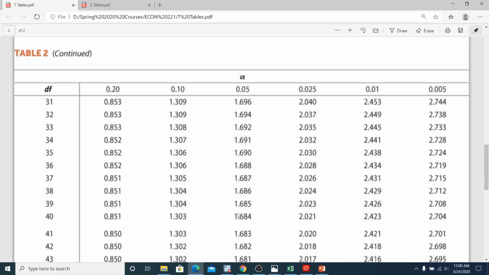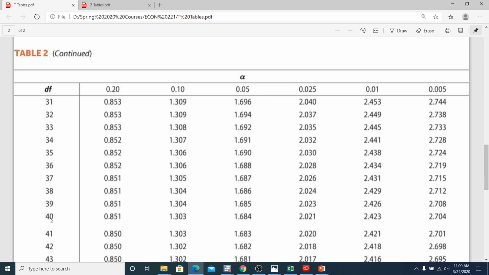So you try to find 2.3 here, but you can't. You're in between these two values. So if you found something in between these, you know the p-value would have to be in between 0.025 and 0.01. I'm not going to make you look those up for this exam. If you ever have to find a p-value, it won't be a range. If I ever ask you to find a p-value using the student t-distribution for this exam, I would have to